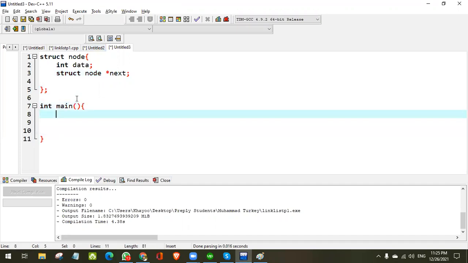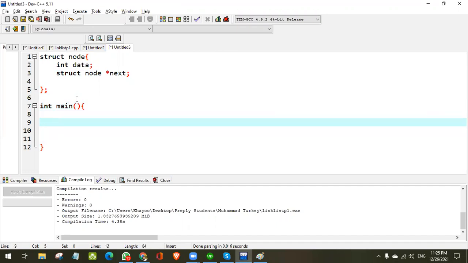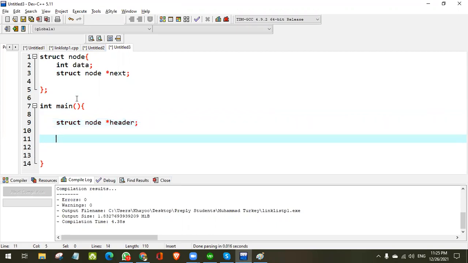And inside here, you can start defining the structure node, and this is header. This is your first node created. Now you will have to assign the malloc function by assigning this node to here. You will write the code because you have created the node, but you have not allocated the memory. Understand?